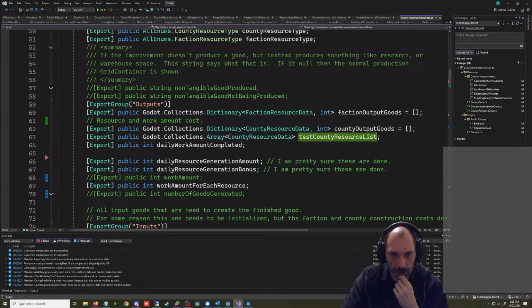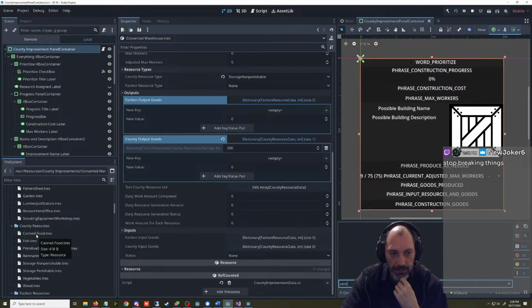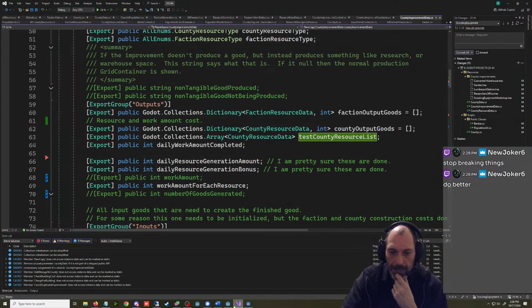I mean, it's not even close to where the canned goods is, like in a whole different section. Like, alphabetically, canned goods is 0. Okay, so if canned goods is 0, I have a feeling that that means that